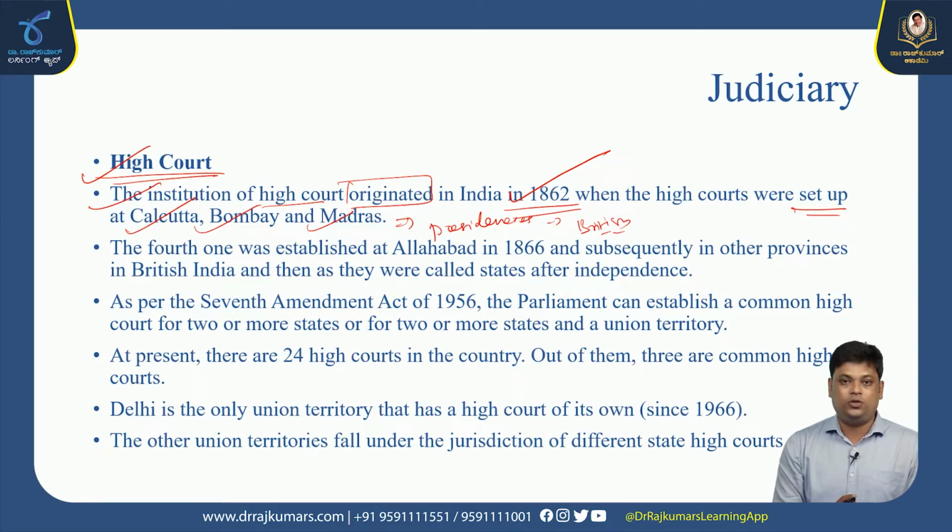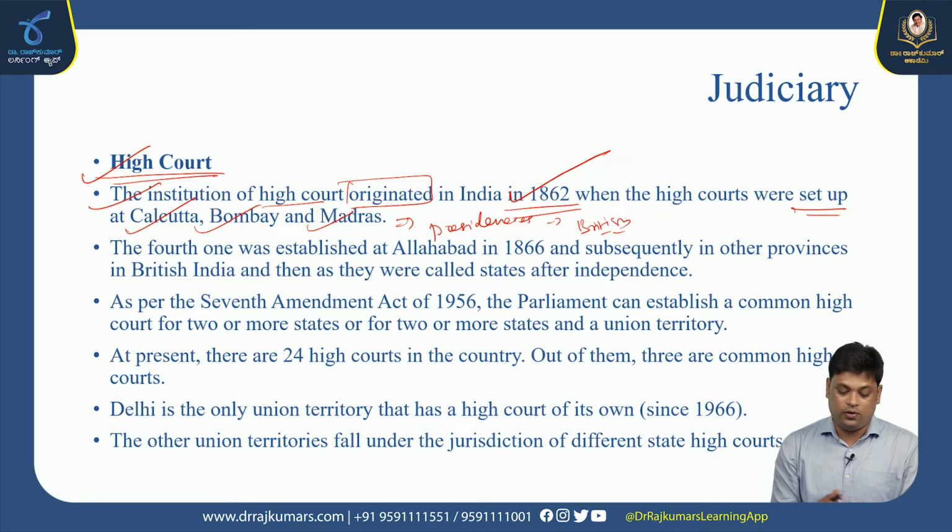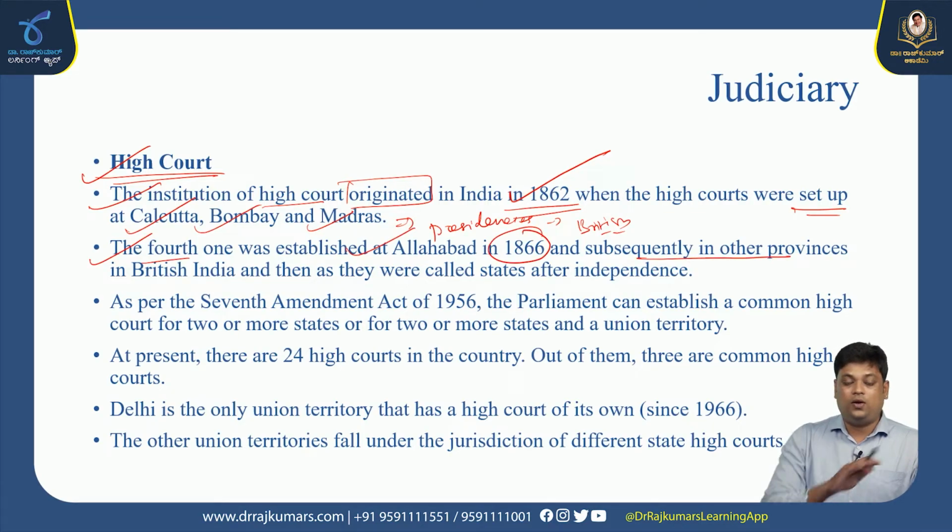So 1862 is the first time the High Courts of India came into existence, in the three presidencies, under British rule. The fourth one was established at Allahabad in 1866, and subsequently in all other provinces in British India, which were then called states after independence. Okay, earlier during the time of British rule,